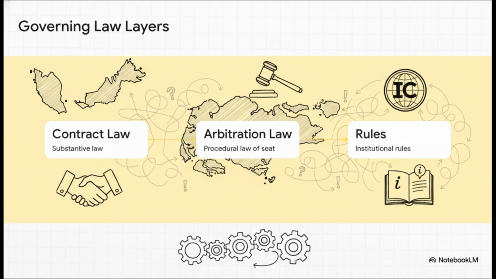Finally, for element 7 regarding the governing law, you've got to separate 3 entirely distinct legal layers, because this is where things get super tangled. Think about it like a cake. The contract itself might be governed by Malaysian law, right? But the arbitration seat might be governed by Singaporean law. And then the procedural rules might be ICC rules. Defining these three layers clearly, right out of the gate, completely avoids total confusion between the contract's substantive laws and the arbitration seat's procedural laws.